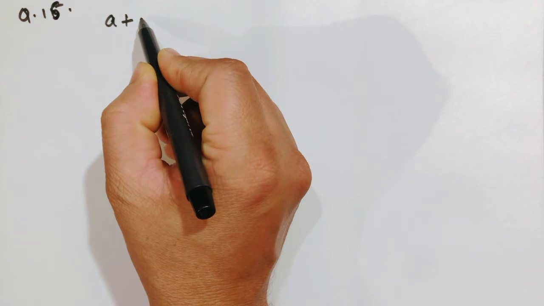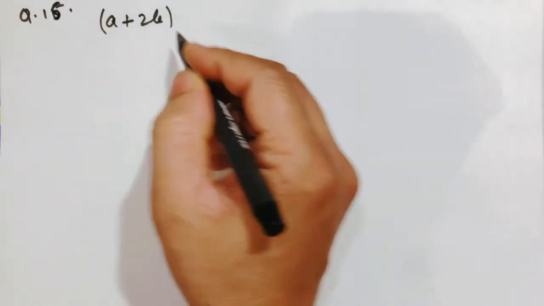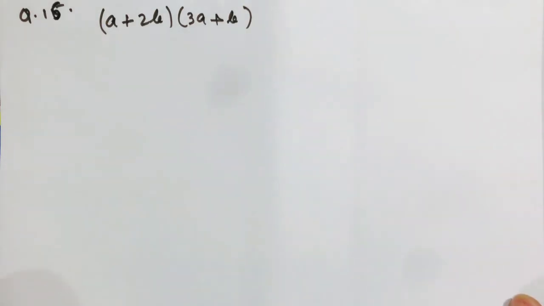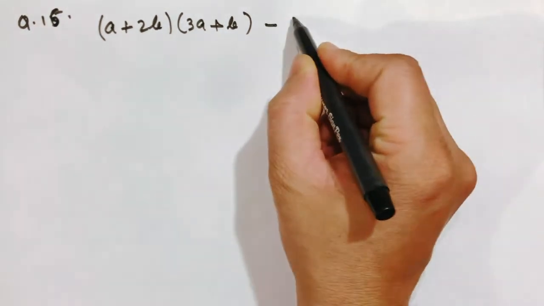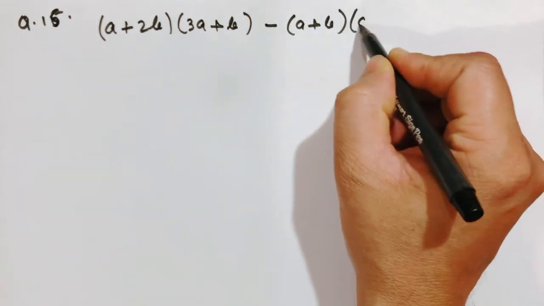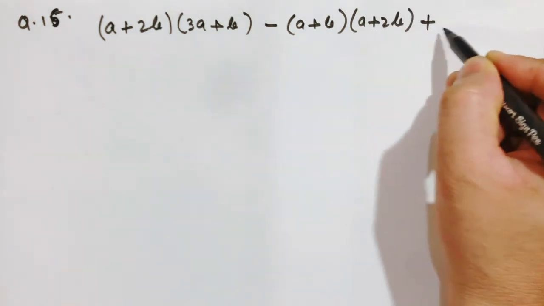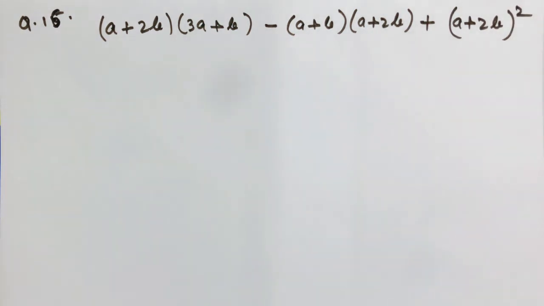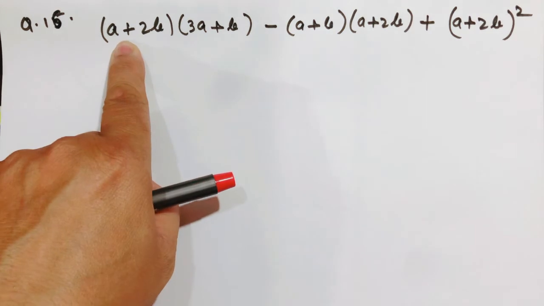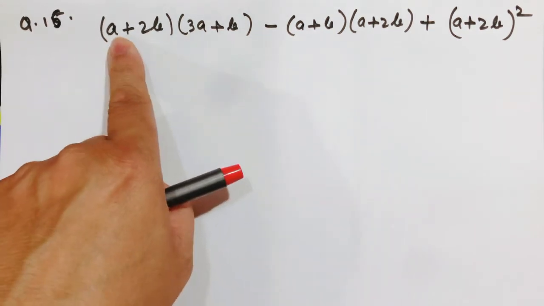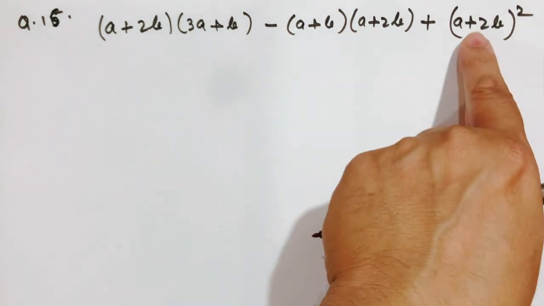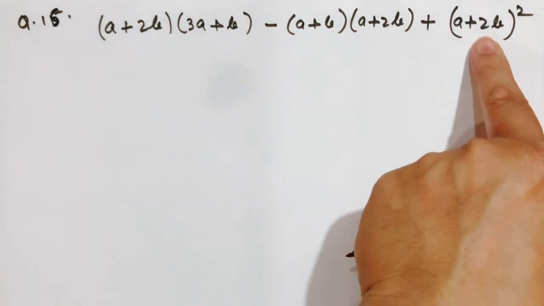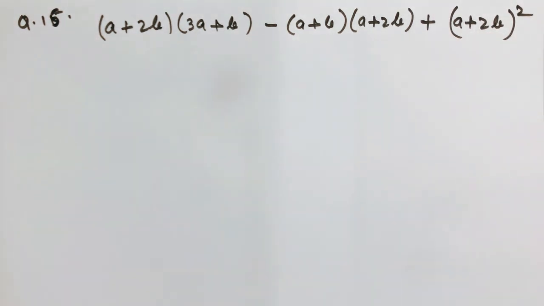a plus 2b multiplied by 3a plus b. Well, okay, no issue. Okay, minus a plus b, very good, a plus 2b plus a plus 2b square, very good. So here you can see that you have a plus 2b, 3a plus b, a plus 2b, here also a plus 2b, here you have a plus 2b into a plus 2b, because when you are given